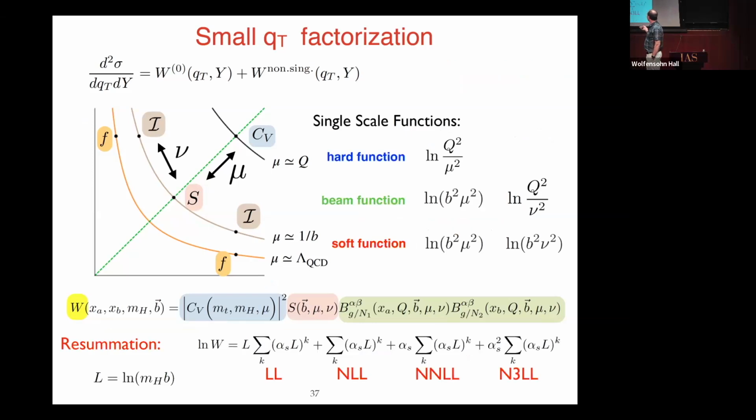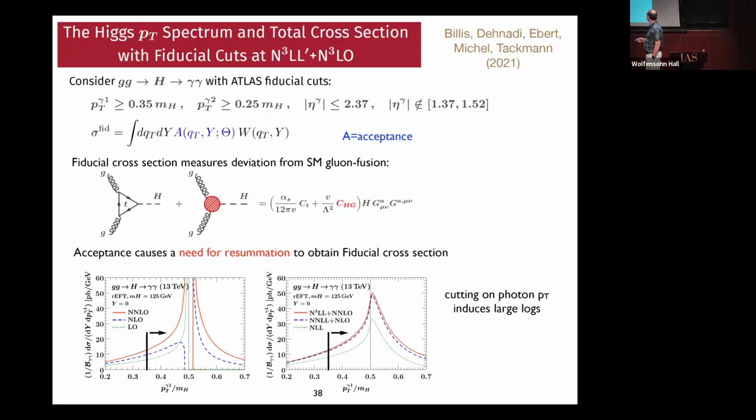Okay, so the various functions live at various different scales, single scale functions, very nice. You can do the resummation. Let me give you a non-trivial example of that. Tons of groups have worked on that. That's a very common thing to work on. Let me give you a non-trivial example, which is putting on top of the theory calculation for this qT spectrum